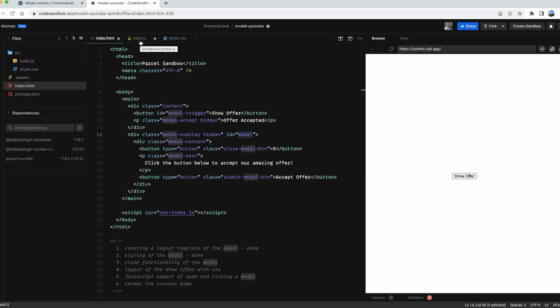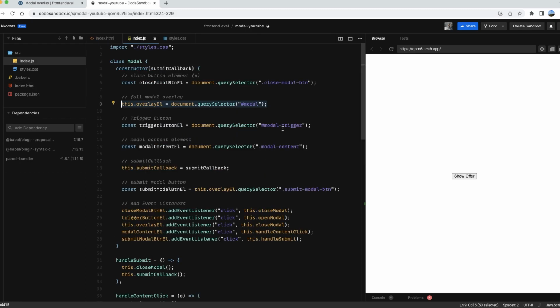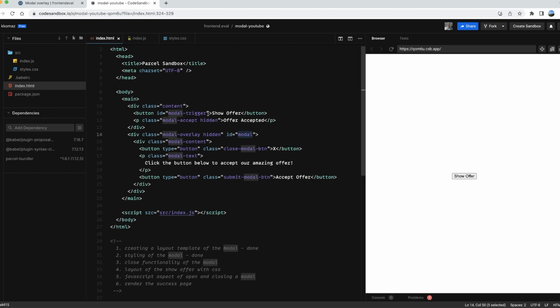Ideally, rather than having the JavaScript just know about these elements within a modal, you want to somehow give it the data from the parent function that's calling it. So in this scenario, rather than the JavaScript knowing about this ID, how do we pass in the ID of modal to this class? And we could do this in a very clever way using our trigger button. So in here, we're going to give this button a data-modal-id of modal. And this modal is going to be a reference to this ID of modal in our